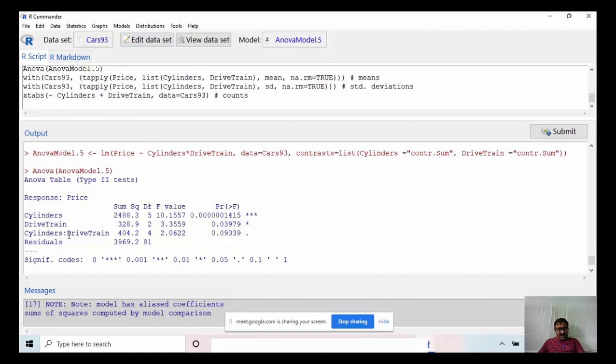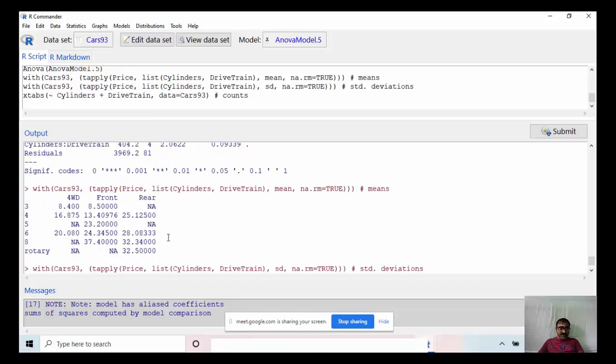So that means the interaction is significant. The price varies depending upon the interaction of cylinders and drive train. But individually the price does not vary with respect to cylinders and drive train considered separately.